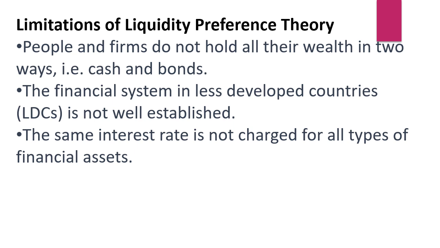The same interest rate is not charged for all types of financial assets. Though it says that this interest rate is the same, the interest rate keeps on changing. And why does interest rate change? It depends upon a number of factors and market conditions. All these factors collectively determine the change in the interest rate. So we cannot say that the same interest rate applies to all types of assets. It means that the same rate is not at all applied to all the financial assets. So these are some of the limitations posed before this liquidity preference theory.